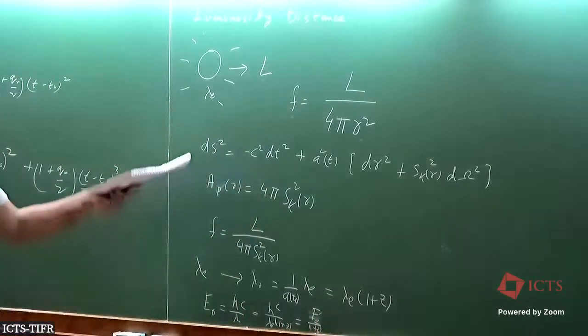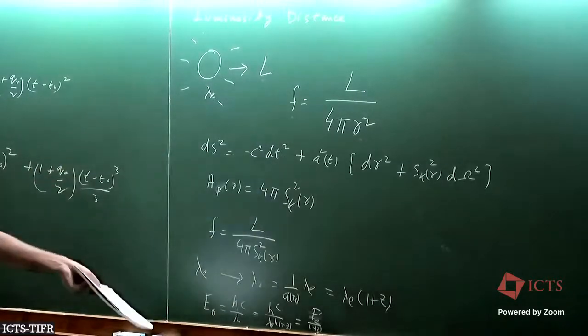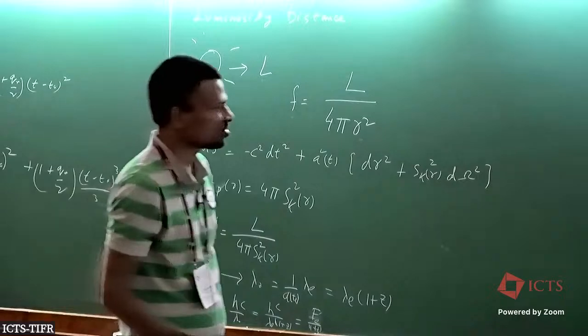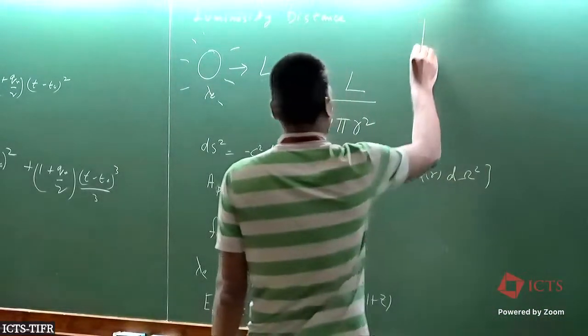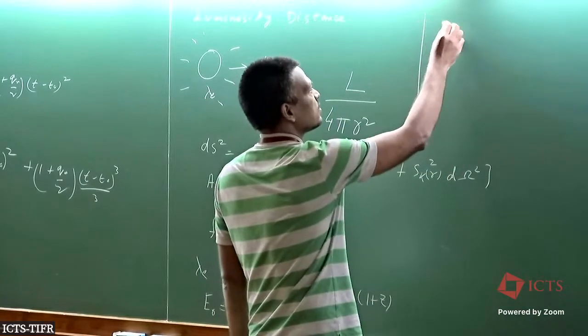So just in terms of the energy, which is what you'll be observing in terms of flux, you'll get an additional factor of 1 plus z there. There's going to be another thing, let me do it here, which is, let's say the light is emitted,